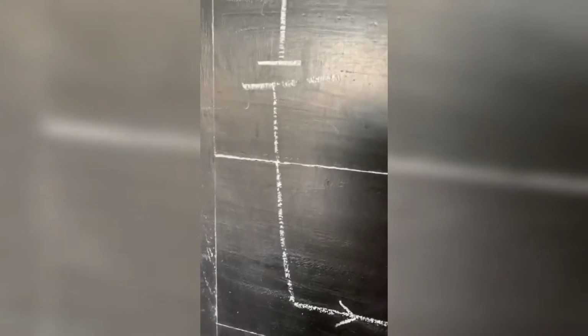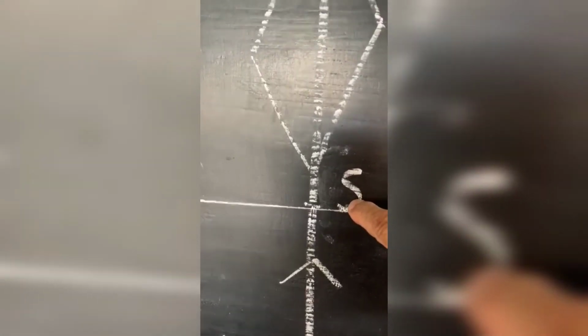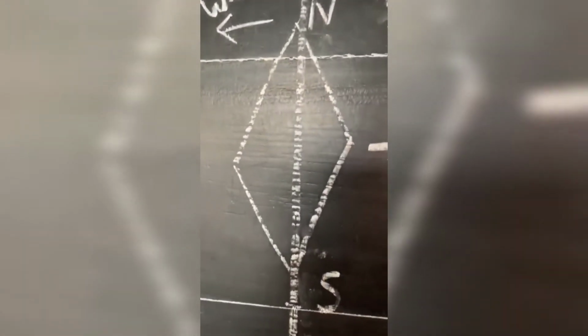So what will be happening? From positive, current flows and reaches S, and current is going from south to north. Clear? Current is from south to north. This is the first point. Then, where is the wire? The wire is over the needle.